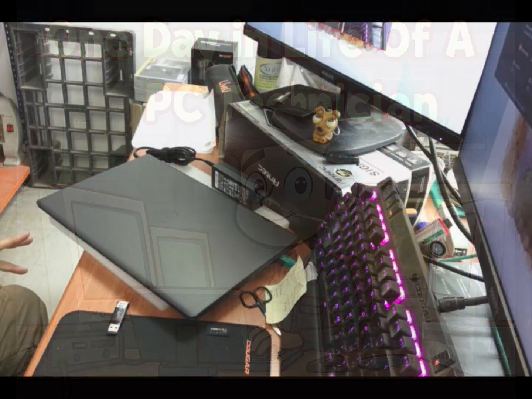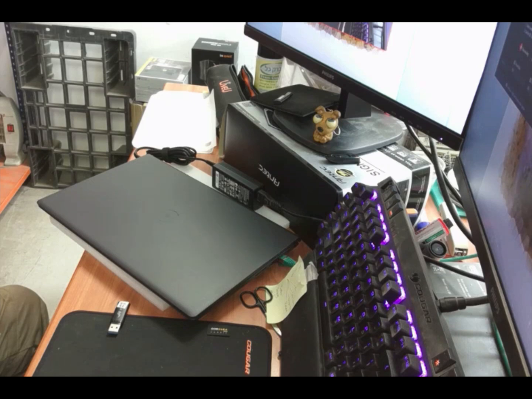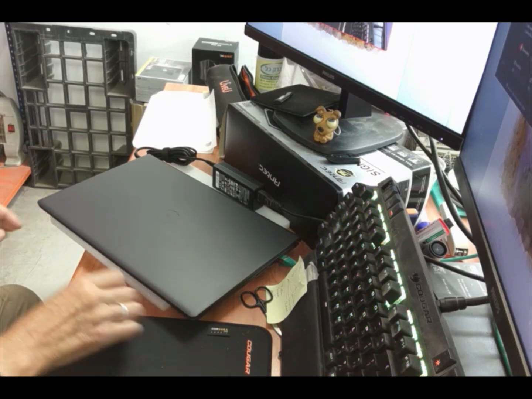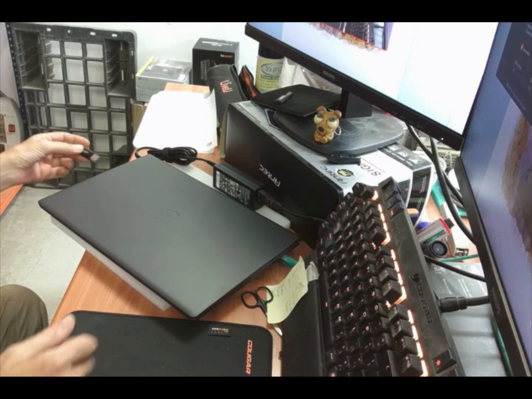Today we will install Windows 11 on a new Dell laptop, a new and modern Vostro laptop. Here we have our Windows 11 certified disk. We insert it